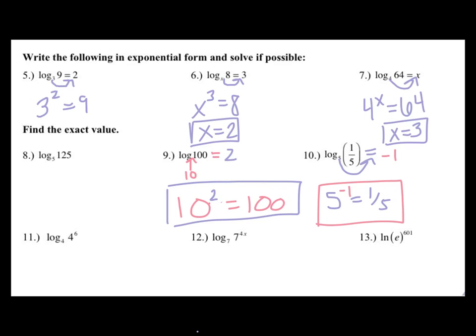Number 12, same thing again, we can write this equal to x, or just equals what, but this 7 is going to come over. So we're going to say, okay, 7 to what power equals 7 to the 4x? Well, if they're both a base of 7, then this value has to be 4x. And that's what happens because your log base 7 and your 7 base for your exponent cancel out, and this will just equal